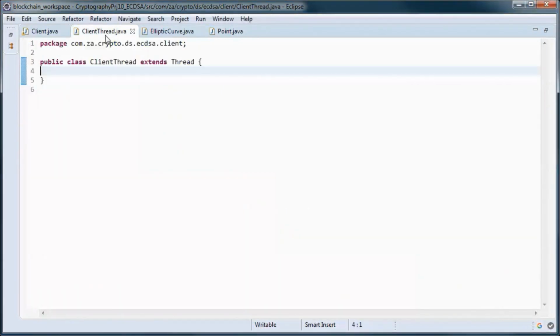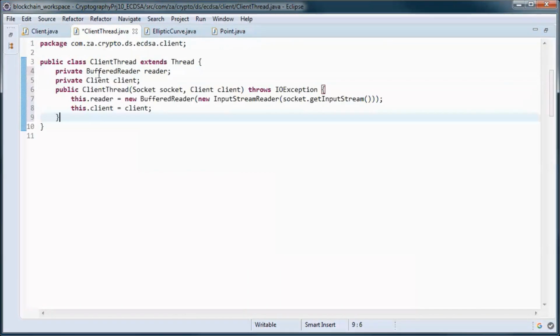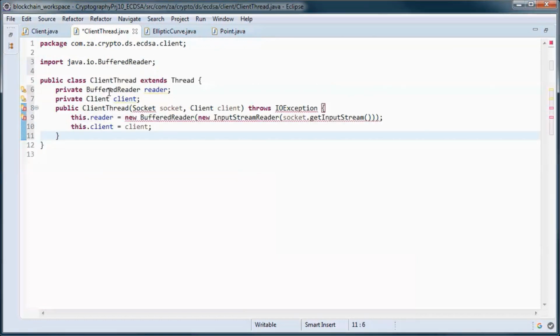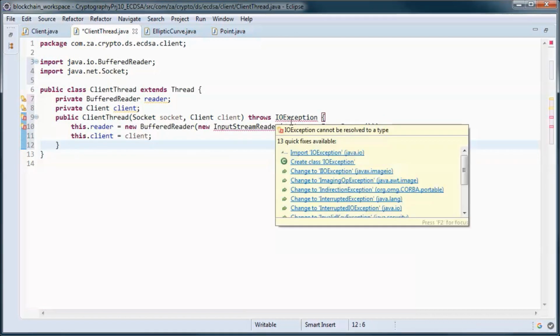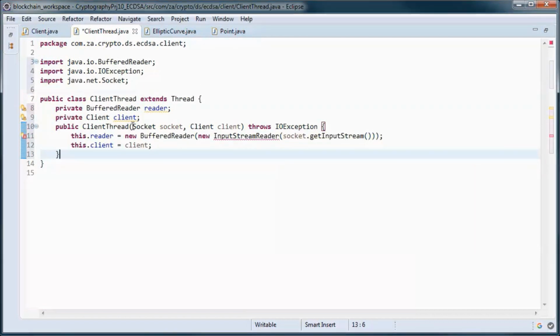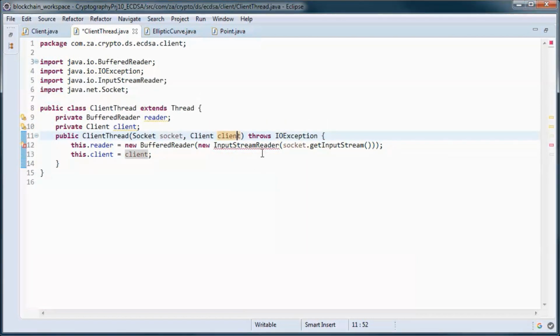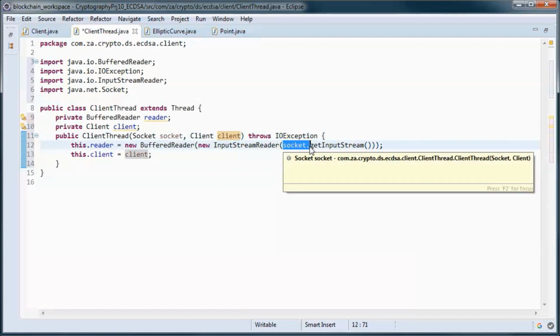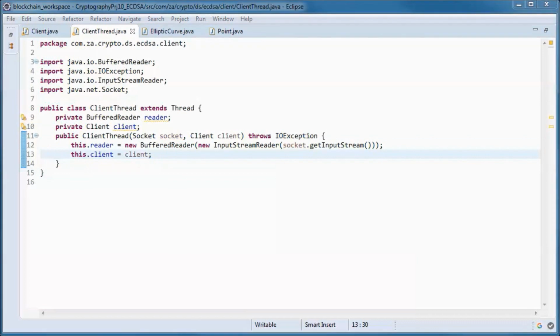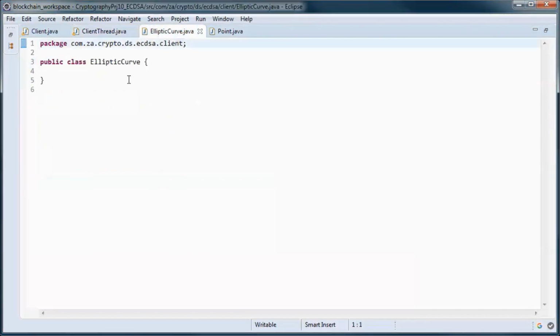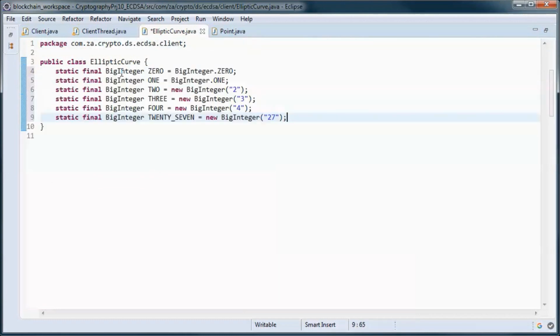And here we have a buffered reader instance variable and a client instance variable, and we initialize those in the constructor, which takes in a socket and a client instance, and uses the socket to initialize the buffered reader instance. And for convenience, we will define those